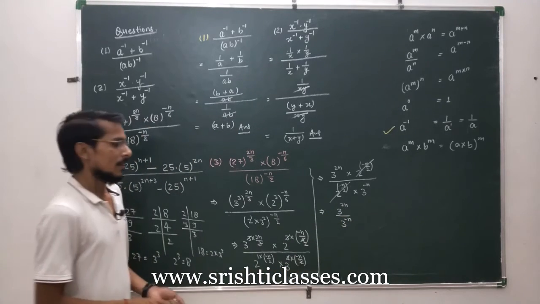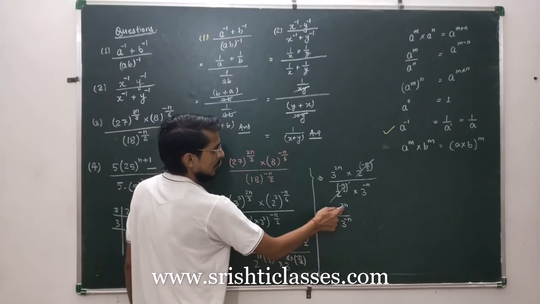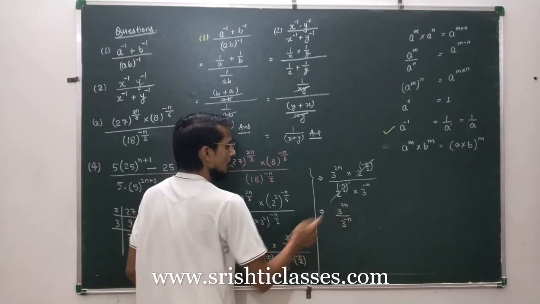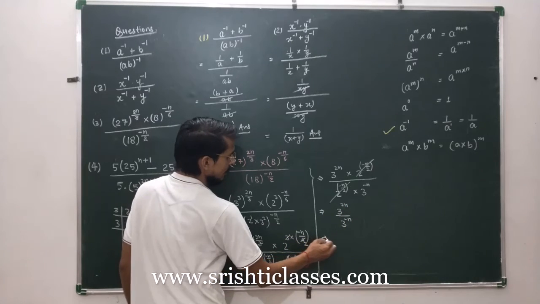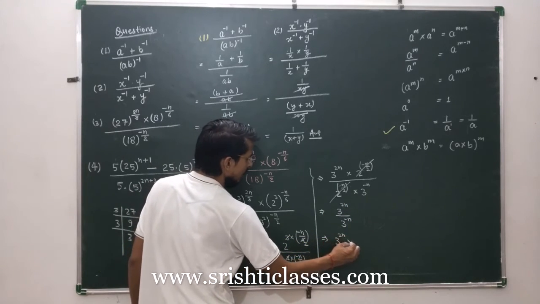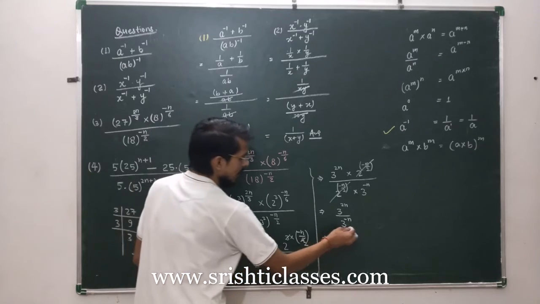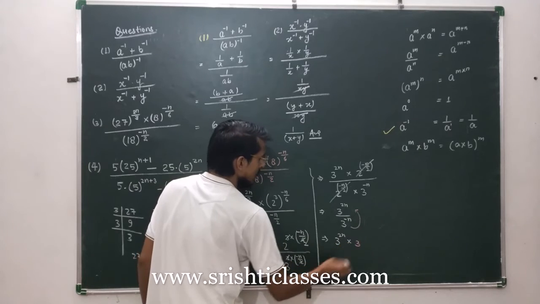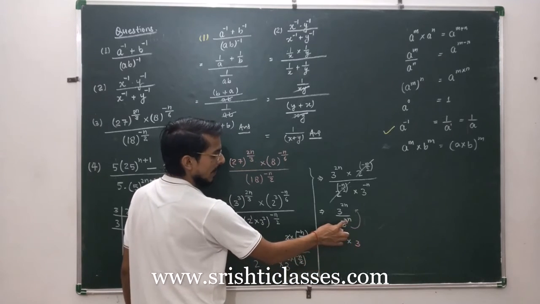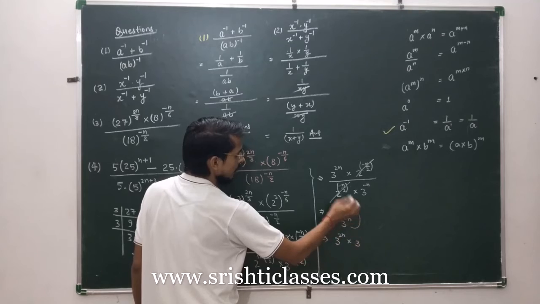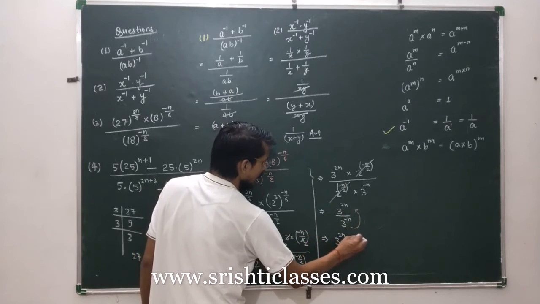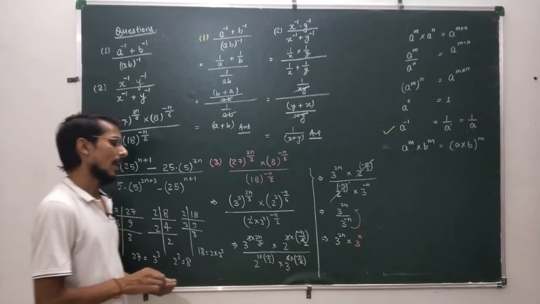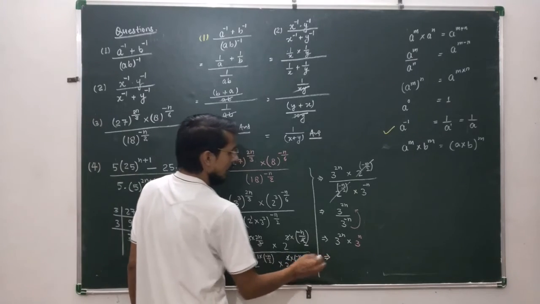Now the bases are the same but powers are different. So we can move this whole quantity to the numerator. So we can write it like this: 3 raised to the power 2n into, this is a very important step. If you bring this from denominator to numerator, the sign of power will change. Here we have the power minus n, but if you move this quantity to numerator, the sign of power will change and it will become n. Okay, this is a very important step.